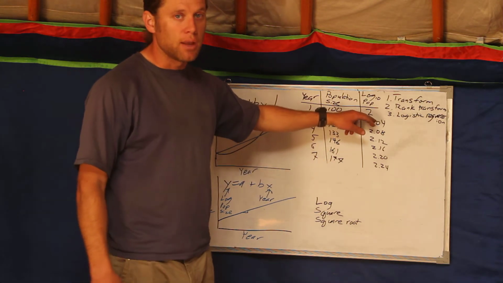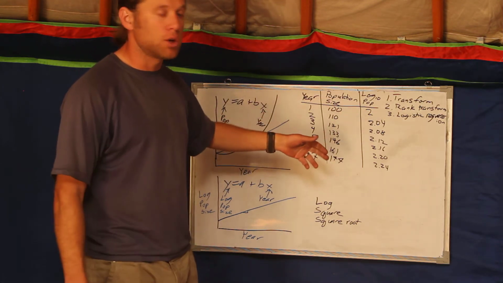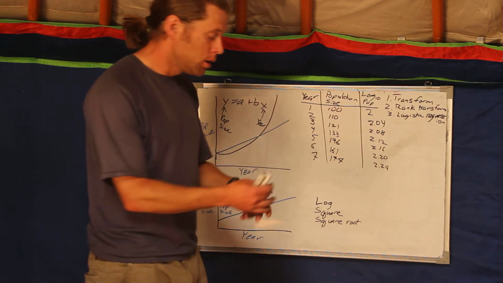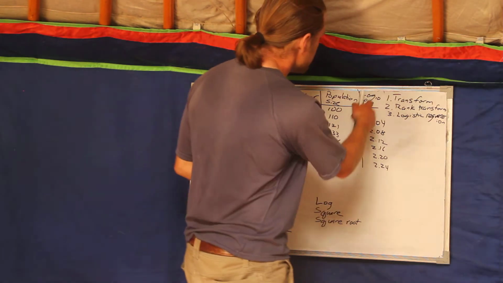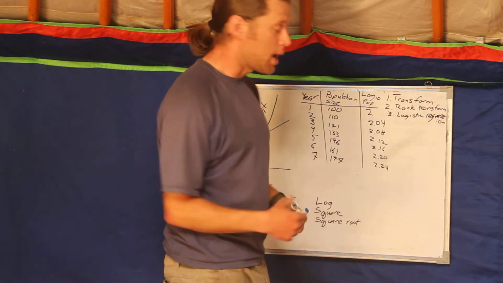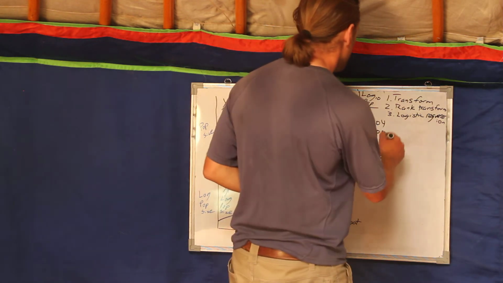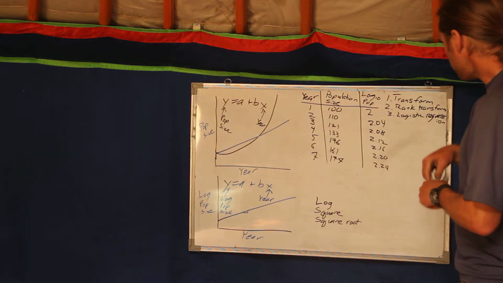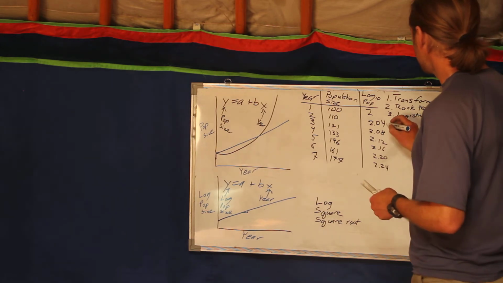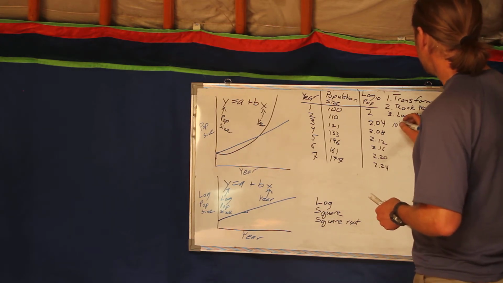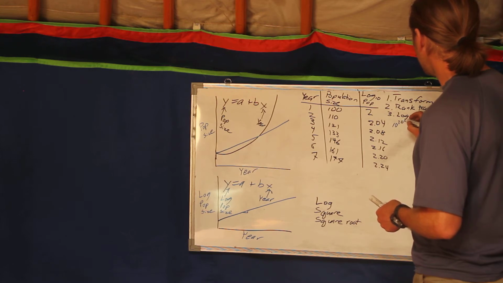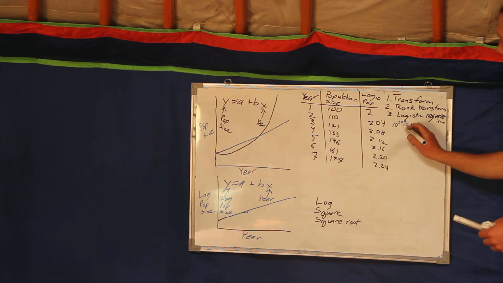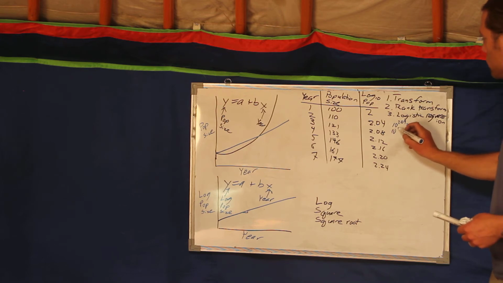To make that number interpretable biologically, you would have to take 2.04 and take the opposite of a log 10. Remember, to take the opposite of a log, you take it to the 10th power. So for this number, you take 10 to 2.04, and it's going to equal 121. You take 10 to the power, and 10 to the 2.08